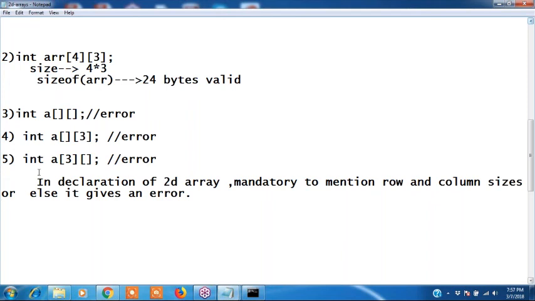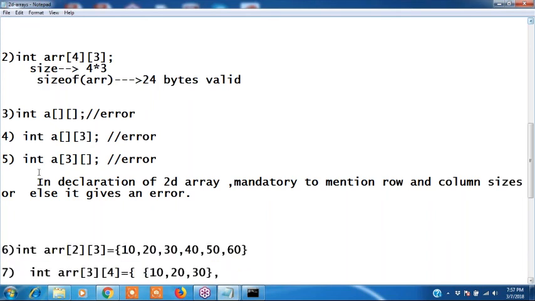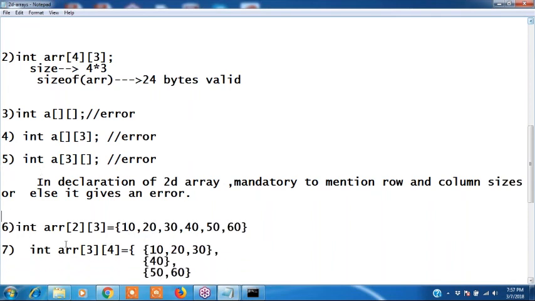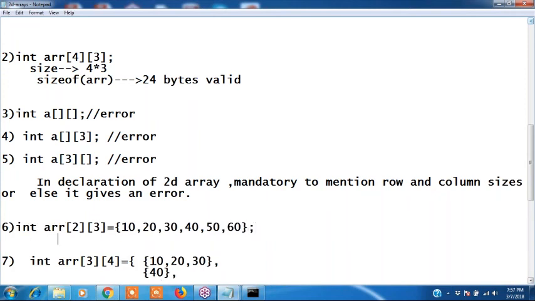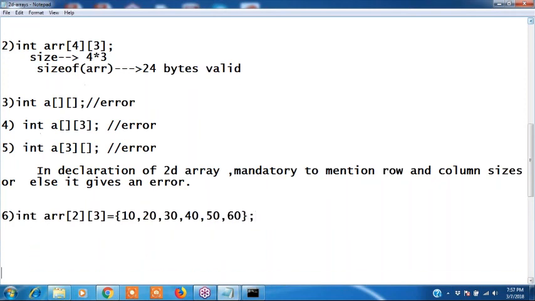Sixth one. Int array of 2 by 3. When you declare 2 by 3, how does it take the values? Which value goes to which variable?